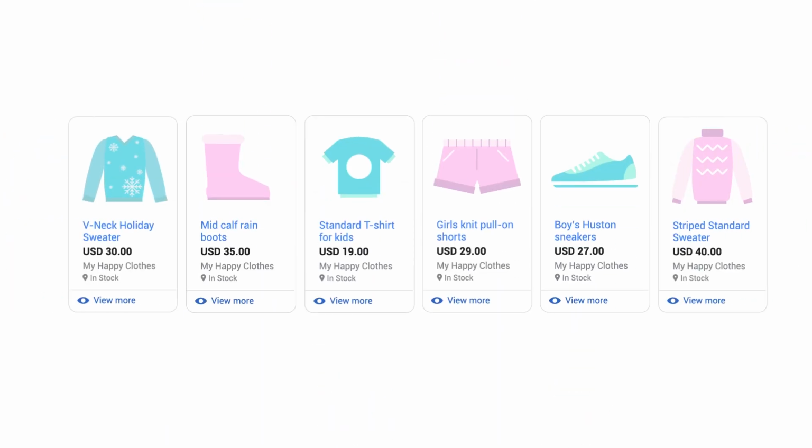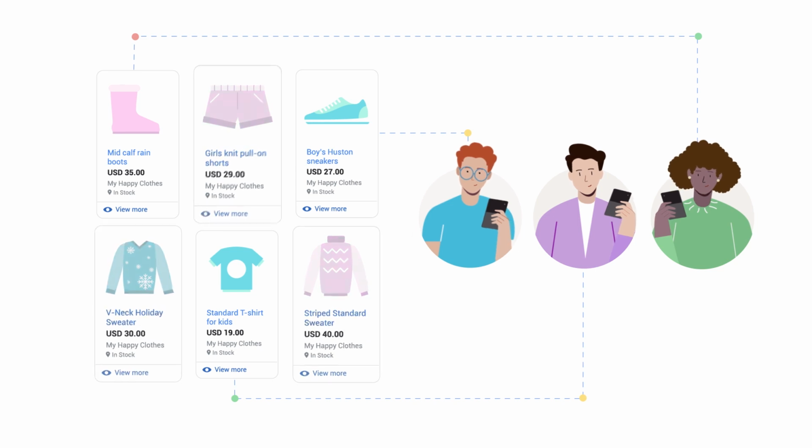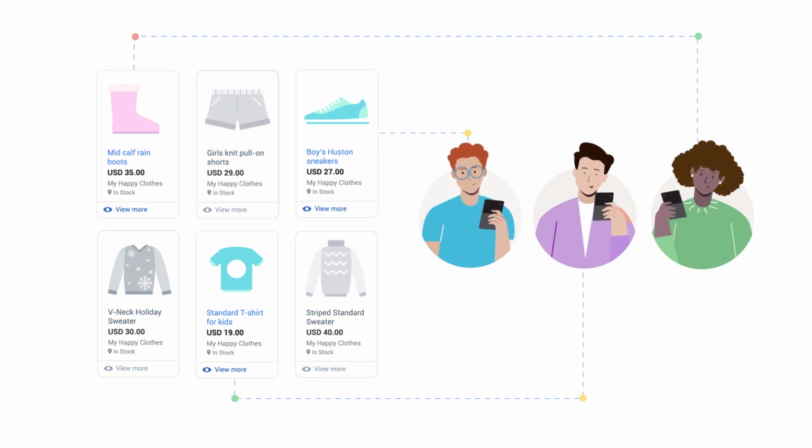You've set up your shopping campaign and you're ready for your products to show across Google. But there are some instances where your ads may not show to potential customers. In this video, you'll learn how to work through troubleshooting both setup and policy issues to get your ads online so you can get back to growing your business.